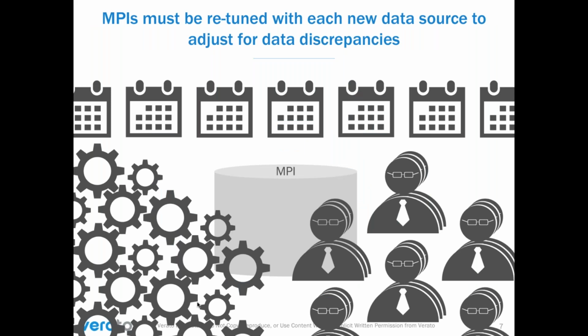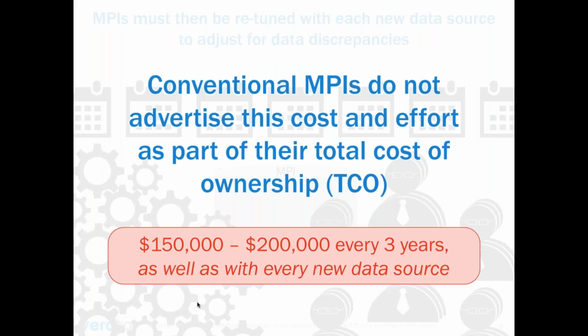So as the data that you're running changes, the approach with traditional MPIs is to tune the system to operate against that data. So you end up in this cycle where you're constantly tuning and retuning the system. We see a lot of clients who expect that to have been a one-time exercise, and then lo and behold, they're spending even a couple $100,000 every few years to retune because their MPI system is growing or adding new data sources or taking on new use cases. So this is kind of the first big bogey that's out there that we wanted to talk about.